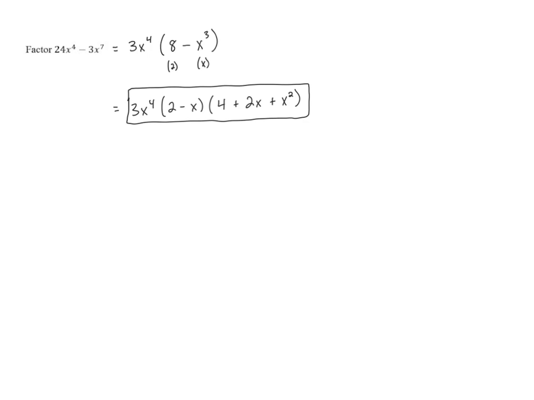If you really wanted to, you could rearrange this so that it was in standard form. This one in the middle would look a little awkward in standard form, negative x plus 2. It's not wrong if you put it like that, but usually with things like this, I like to leave it like it is, because having the negative out front just looks a little awkward. So this is a perfectly fine final answer. You could rearrange terms if you want, but I'm going to leave it just like this.